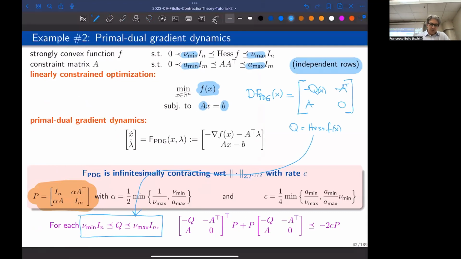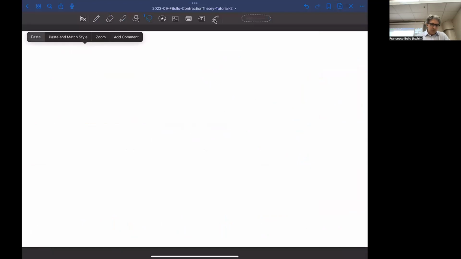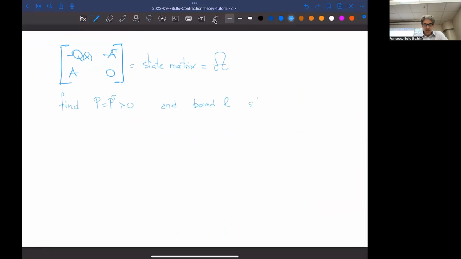So what do we have? We've just decided that this is our matrix. We put it here to make a little bit of extra space. There is no minus sign. So I know this is our state matrix. Maybe I can abbreviate it with script A. I need to find the matrix P, which has to be symmetric and positive definite, and a bound L such that, actually, why don't we go directly with contractivity and a contraction rate